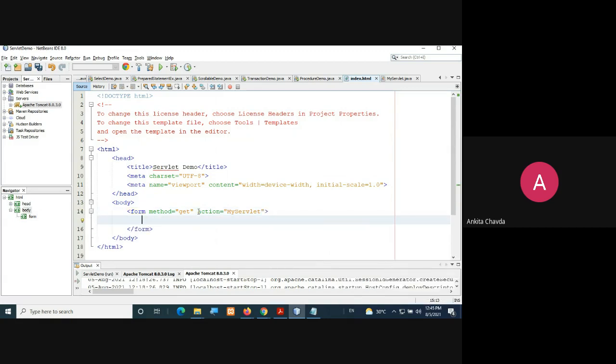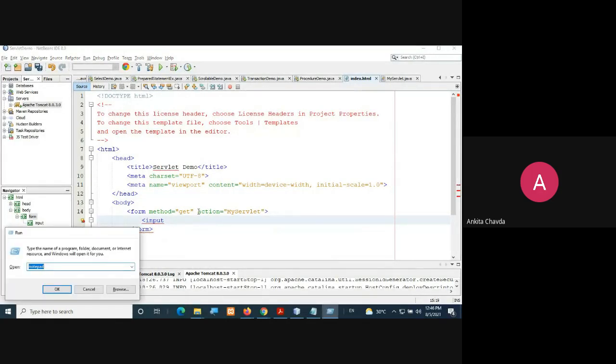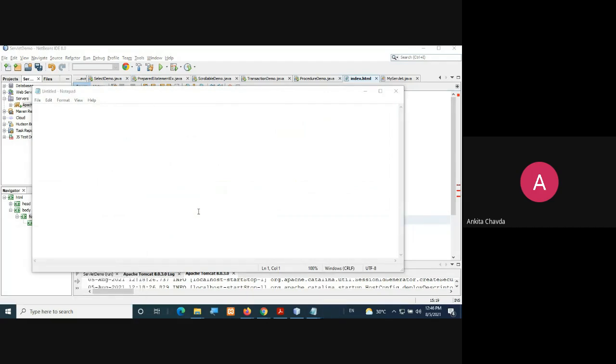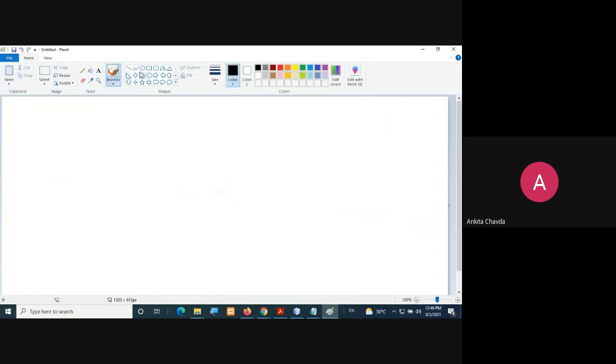Then you can write input and all. You know this thing, right? You are creating a label, then a text box to enter the username and the password and something like that. Here, whatever the user writes in the text box, that servlet will fetch.